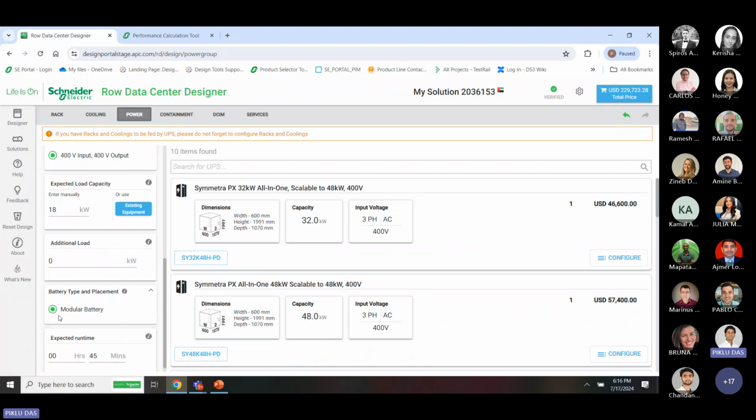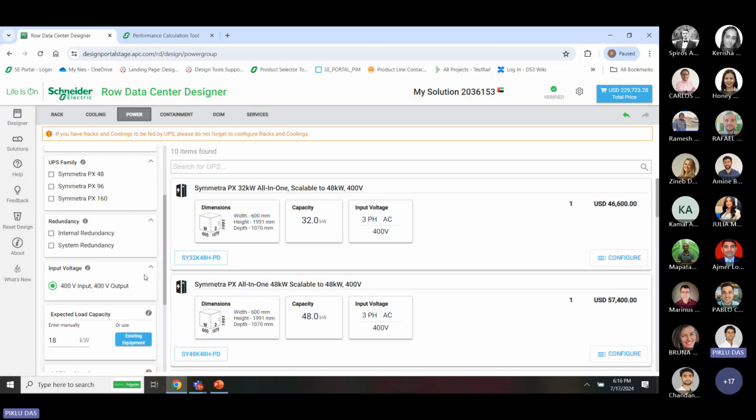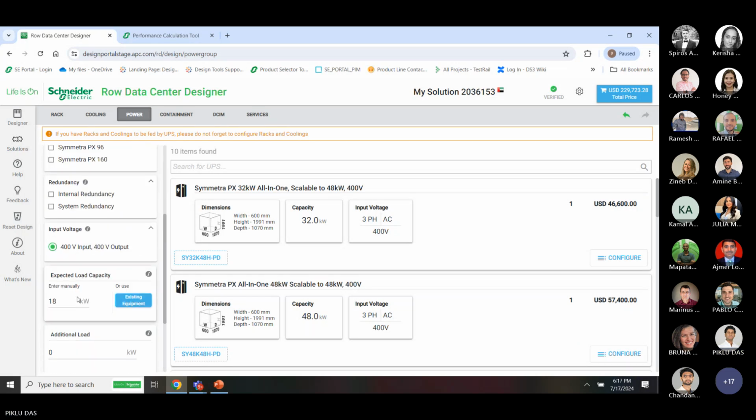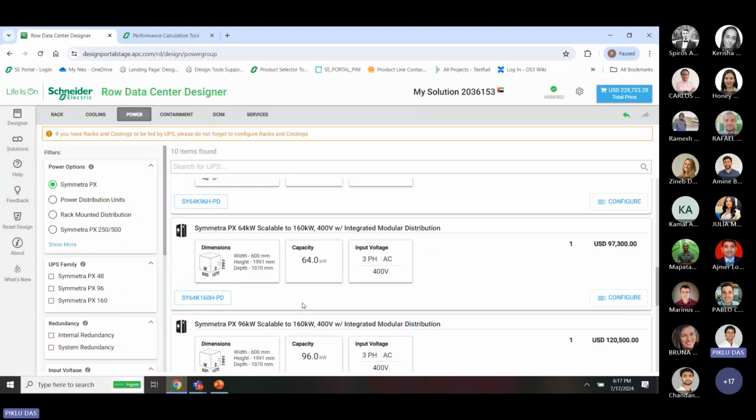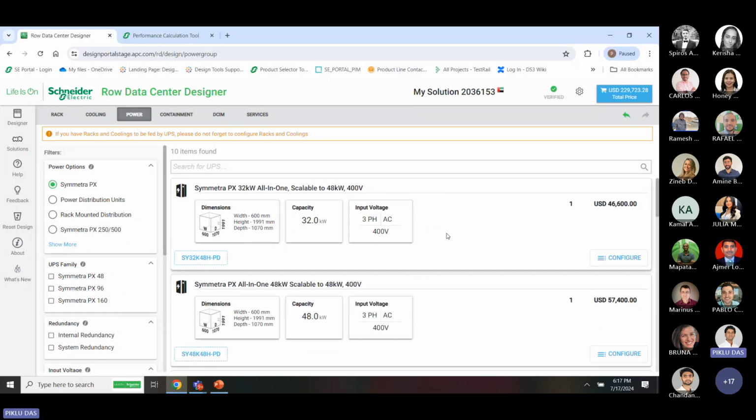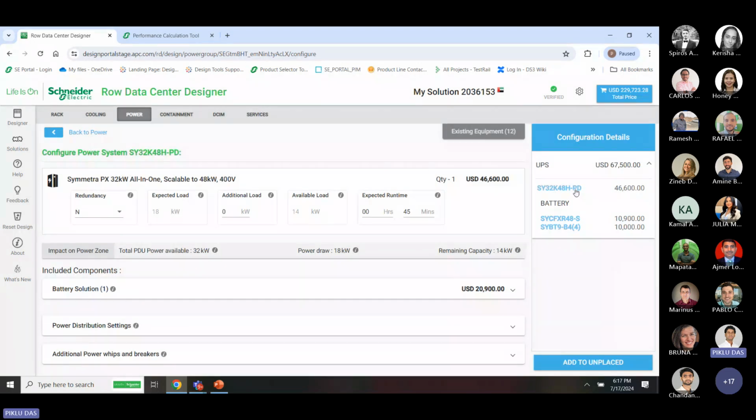All right. And also right now you can see that we only have the modular battery, but we do have a plan and are currently working on it to introduce the modular long life batteries. But right now we have only the modular battery. So now I have sized my load with the Symmetra PX UPS. I have not selected any family. That is the reason all the possible combinations are available for you to select. But the one which is at the top is the most economical because we are doing the sorting based on price. So I'll click on configure,